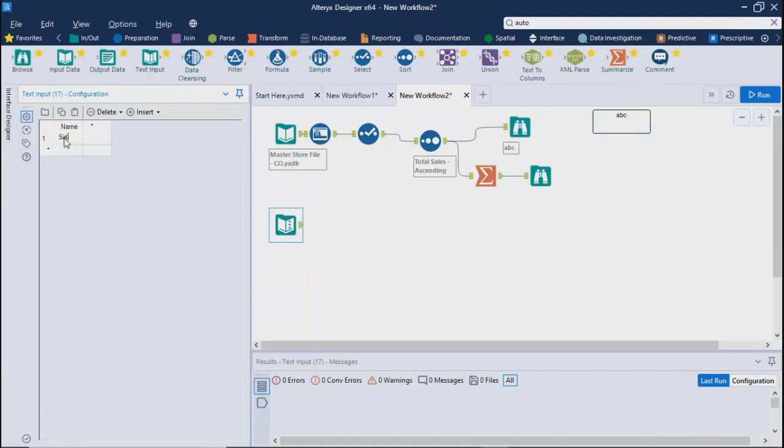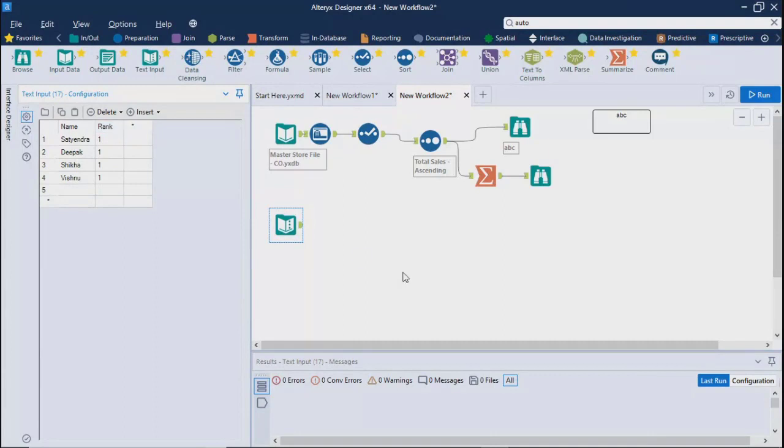Over here, I can type different names. Okay, and then you can give your rank or number, whatever you want, right? So it's on that portion.